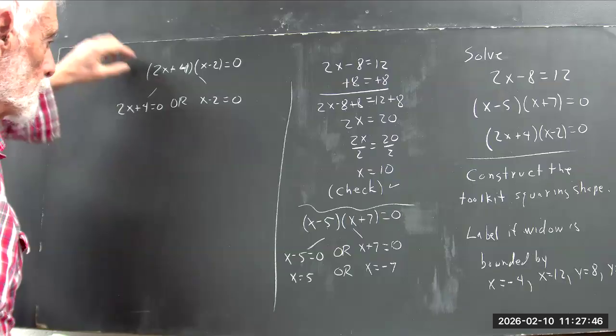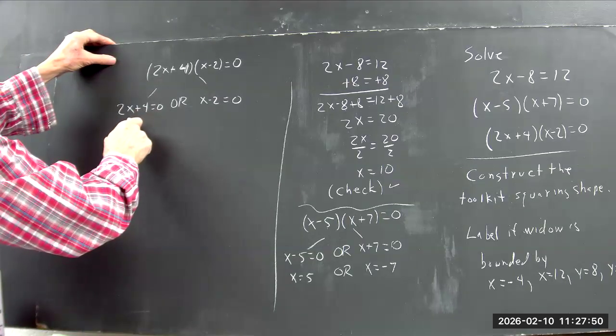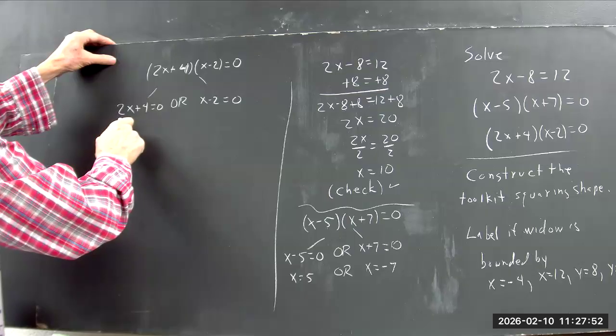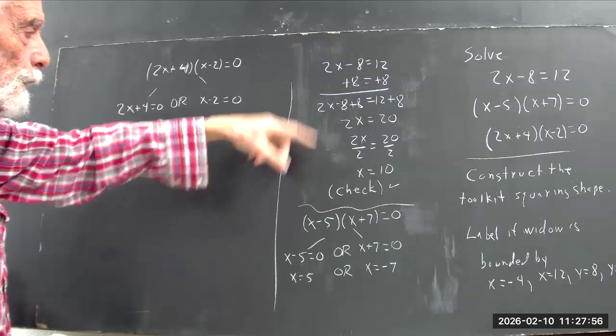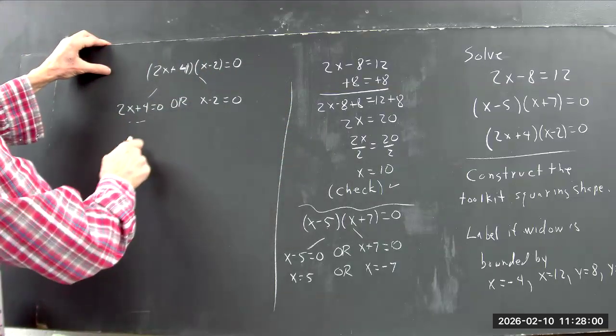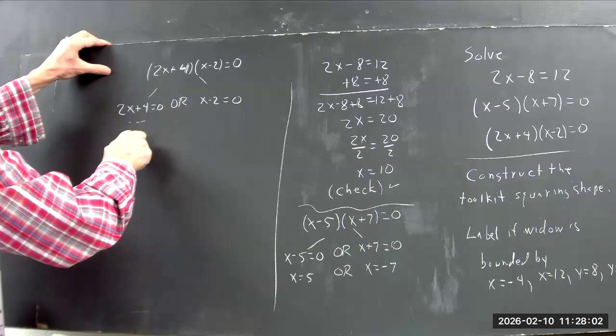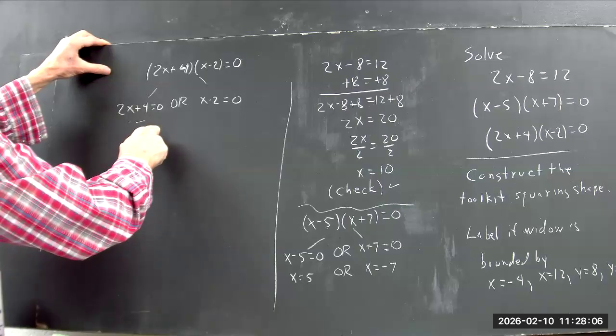Well, 2x plus 4 equals 0. Simple equation. You can solve it. And I'm not going to go through it because I did one similar to this. We do just similar steps. So just put an ellipsis there and say that x equals -2,